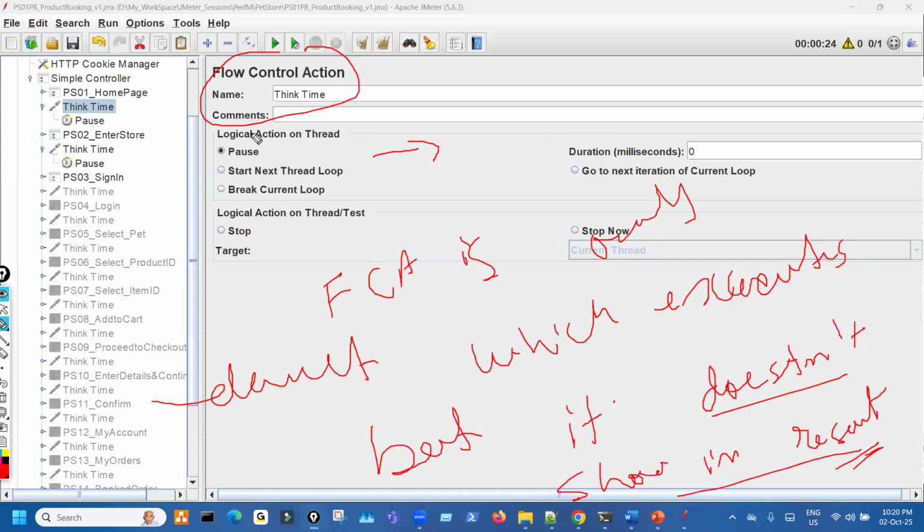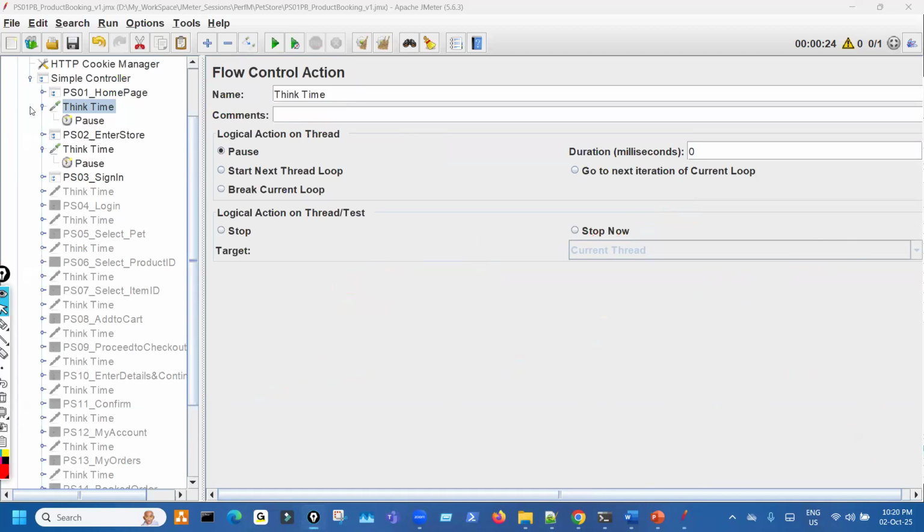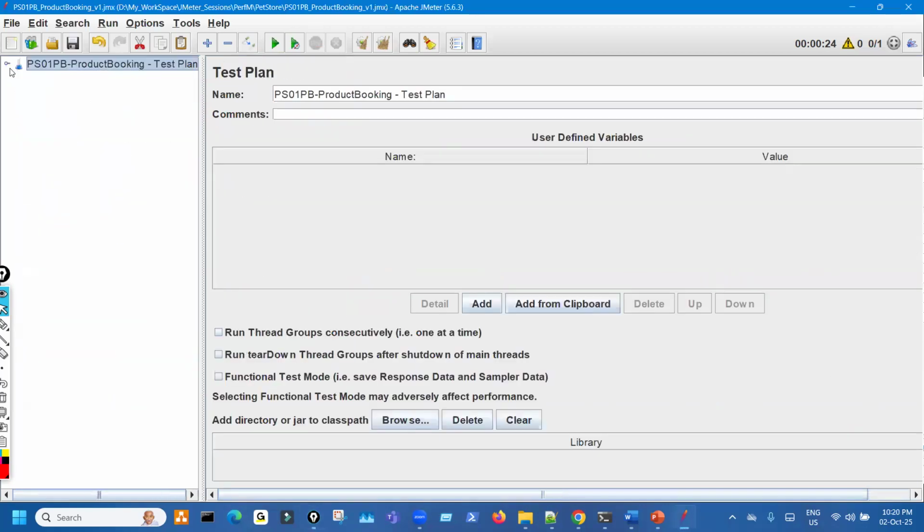That is one property of FCA. Now what is the meaning of this? To show this meaning,